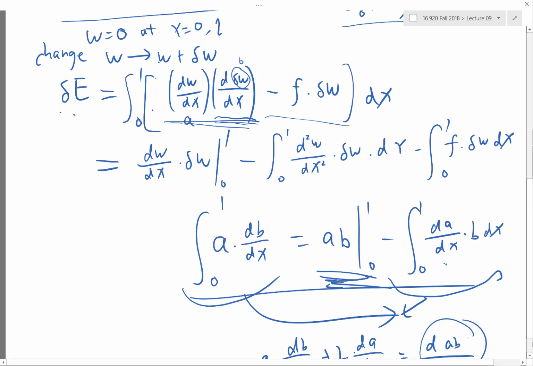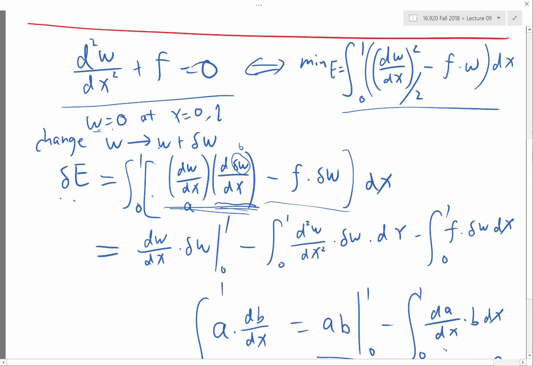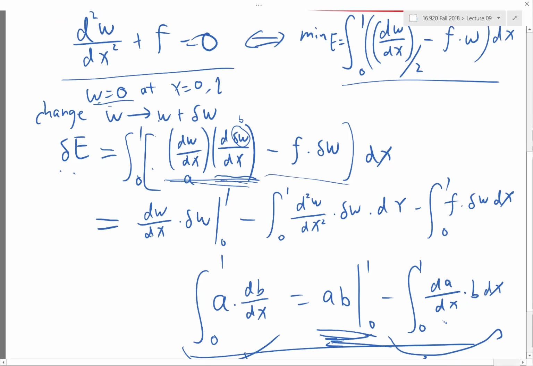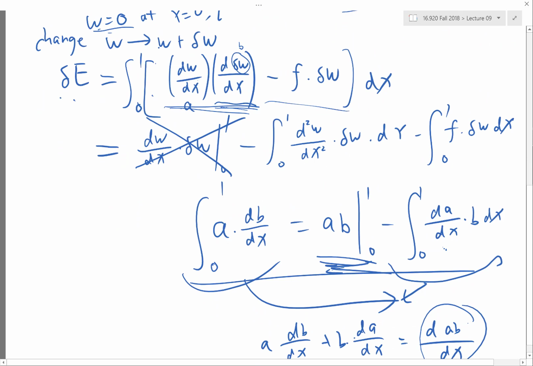All right? Okay, and now I want to use my boundary condition. So I already know w equals 0. So when I'm taking a small variation, my delta w cannot be anything but 0 at the boundaries. So this is going to be gone, right? Because delta w is already 0. So what I got